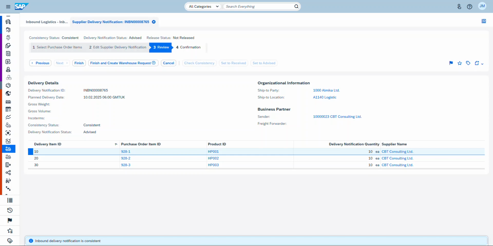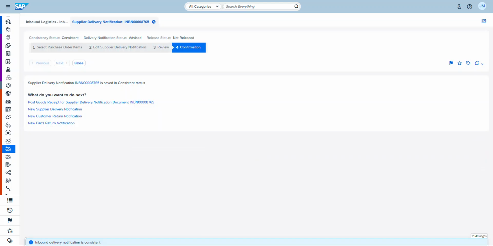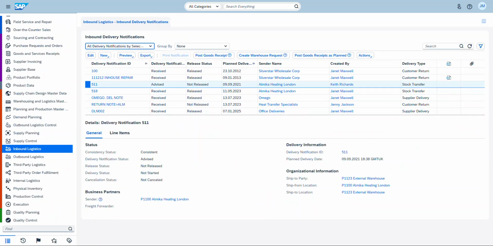But it depends on how the organization is structured. Okay, so here I'm going to click on finish to complete the transaction. Okay, so this is done, and we can close and go back to the inbound delivery notification. So if we refresh now,